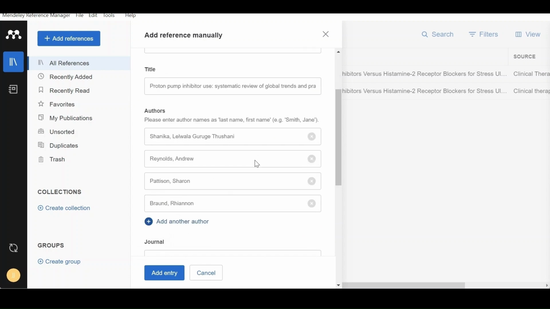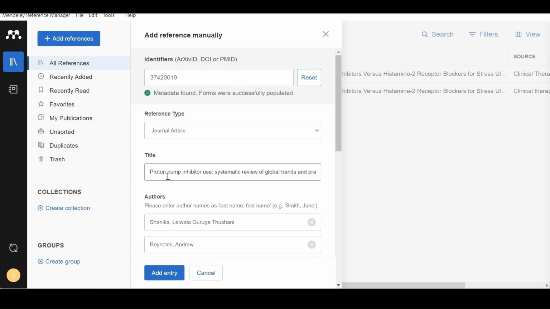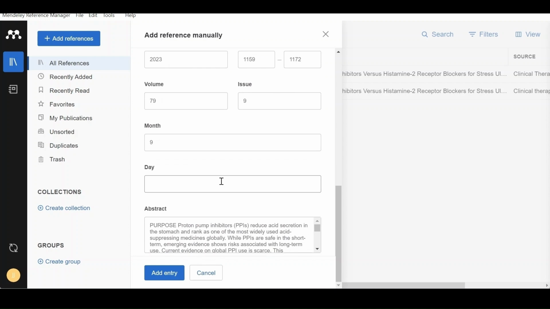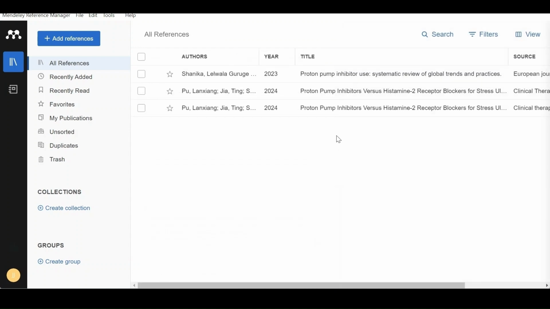So see, you got all your details. You got your reference type, title, author's name, journal, year, pages, volume, issue, which month, everything you got here, and the abstract also displayed here. After that, you click on add entry. So see, the journal got added here.